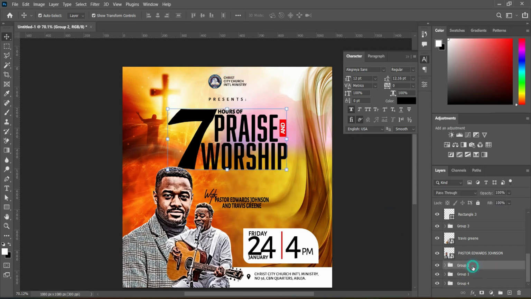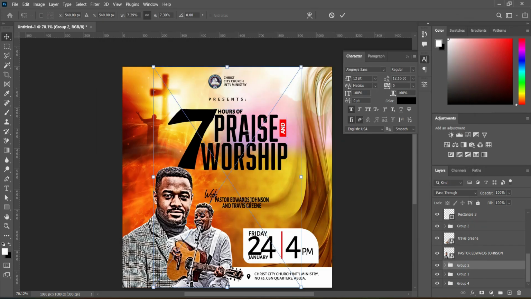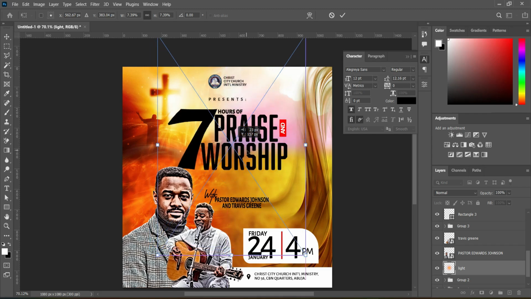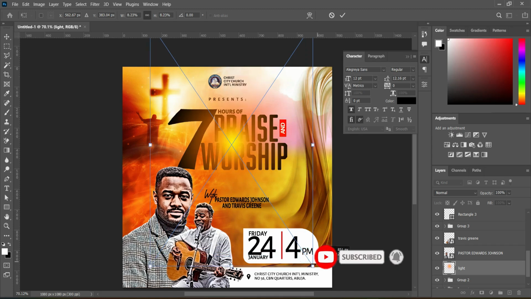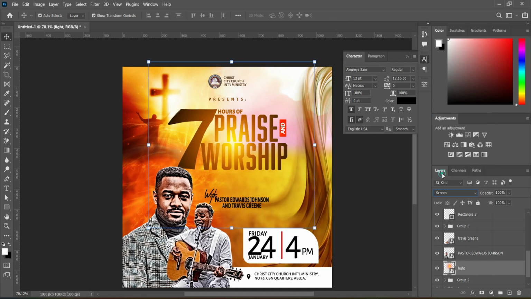then we are going to apply a light on top of this one, position it around here, then scale it out and change the blending mode to screen. Okay, now